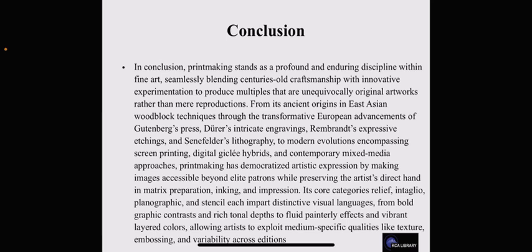From its ancient origins in East Asia, with woodblock techniques, through the transformative European advancements of Gutenberg's press, intricate engraving, Rembrandt's expressive etching and Senefelder's lithography, to the modern evolutions encompassing screen printing, digital hybrids, and contemporary mixed media approaches, printmaking has democratized artistic expression by making images accessible beyond elite patrons while preserving